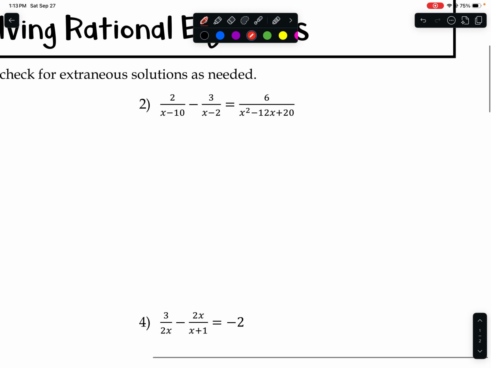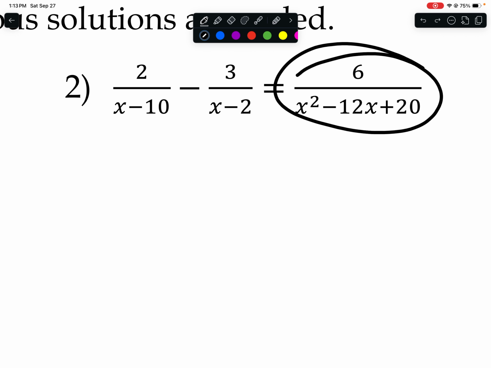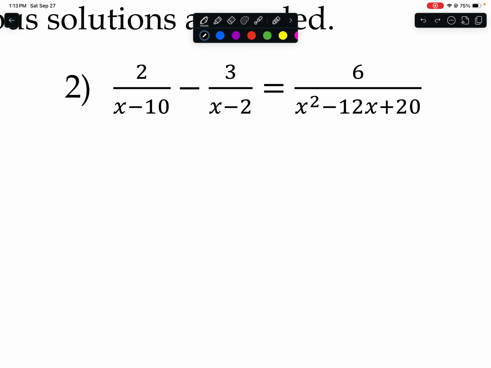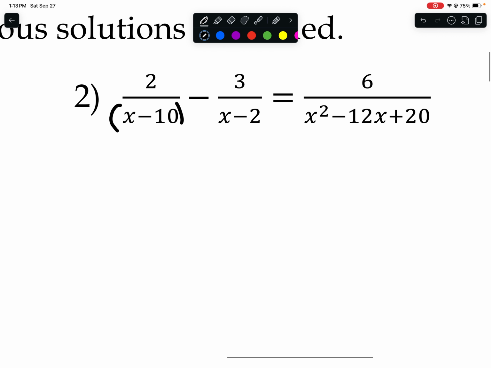So now with number 2. Same idea, we need to get a common denominator on the left side where we have multiple terms. The right side over here, we just have one singular rational, so I don't need to worry about getting a common denominator. So on the left side, I have an x minus 10, and then I have an x